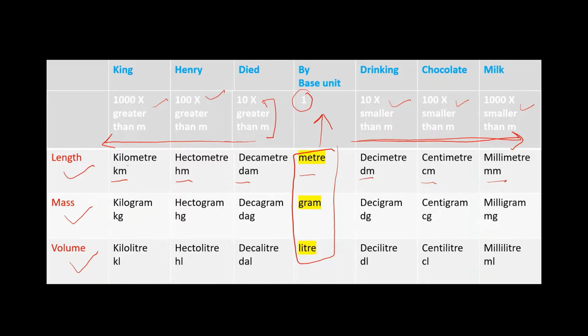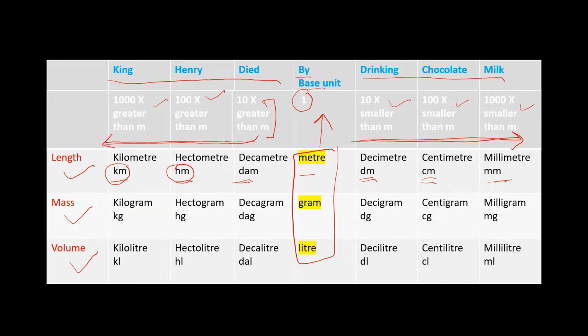There are abbreviations used for these units: kilometer, km, hectometer, hm. For decameter it is DAM, for meter m, and for decimeter it should be dm. So don't get confused between DAM and DM. DAM is decameter, DM is decimeter. We have centimeter and millimeter. So to memorize these 7 units, there is a mnemonic: King Henry died by drinking chocolate milk. And one mnemonic there is in Hindi also: कल हम दोस्त मिले दिल्ली सिटी में. So you just memorize according to this mnemonic all these 7 units and you will learn how to convert.